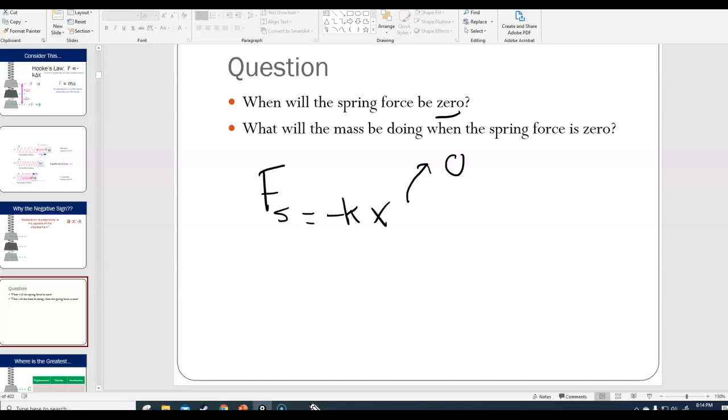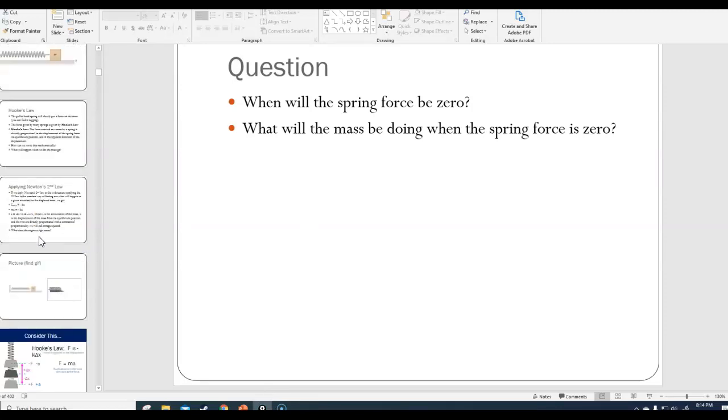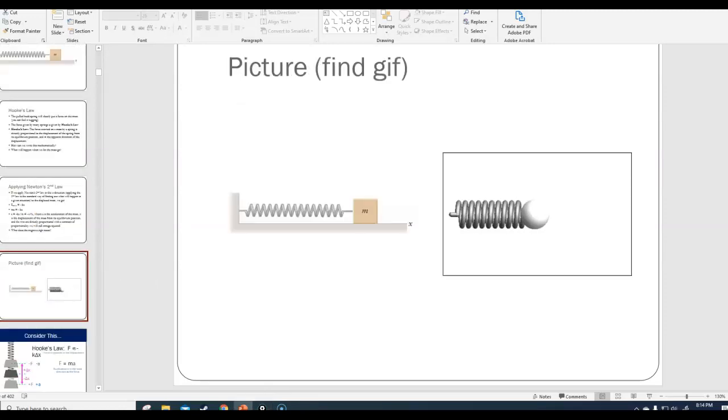Now, what is the mass going to be doing when the spring force is 0? Is it going to be stopped? Well, no. In fact, it's going to be moving the fastest at its equilibrium position. And so just to go back a few slides to this animation, if you look at the motion of this mass on a spring over here,